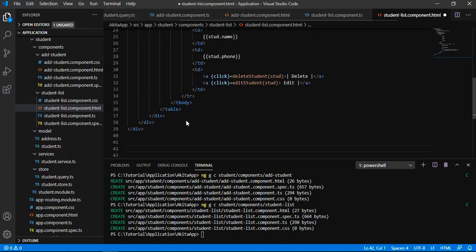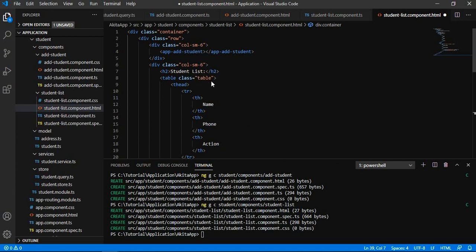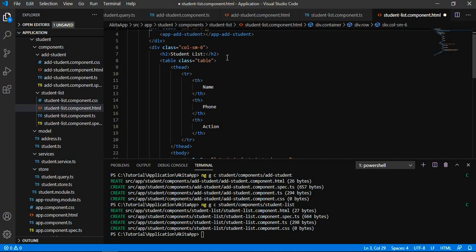So I have just copied, and all the student list HTML will be here. What it will be containing, it will contain the div container where you already know the bootstrap. It will have the column of 12 size. We have taken out the column value of 6 for the add student component, that will be the student adding form, and the remaining 6 columns I will be using for listing out the student records. And this will have 3 columns: name, phone, and action,